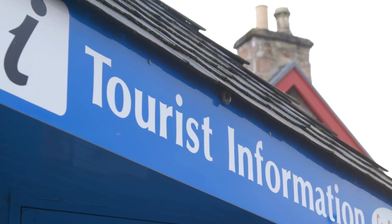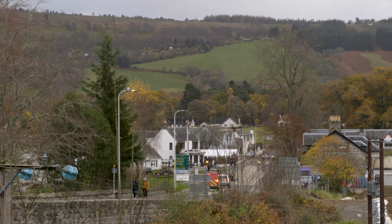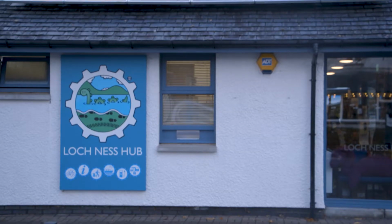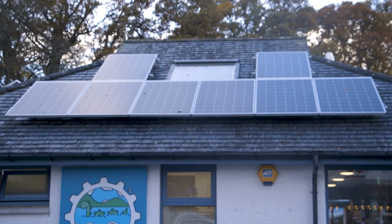Losing the visitor information centre was going to leave a hole in the centre of the village, and the community really didn't want that to happen. So we undertook a community asset transfer to buy the building from Highland Council. We then sought funding to enable us to establish a sustainable social enterprise. And then finally this year we were able to refurbish the building and launch Loch Ness Hub and open it